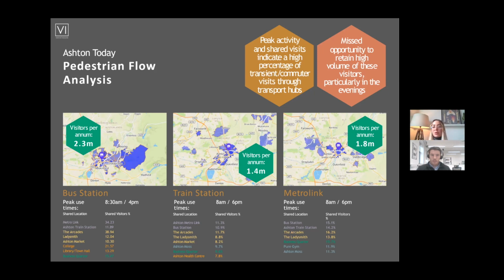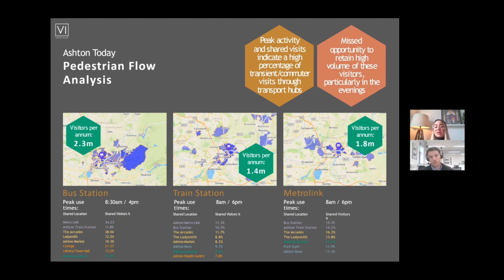We've done the same analysis, but backwards, just to verify that data, and we have confirmed that those using the transport links are primarily using those links to travel outside of Ashton. So really the positioning of those transport hubs and the essentially sort of double negative of there being a huge amount of parking around those transport hubs has meant that the vast majority of users using those transport hubs are just commuters. And here again, if you look at the peak times that those locations are used, so for the bus station around 8:30 to 4 p.m., but for the trains 8 to 6, again, that just reinforces the fact that most people are using those transport hubs